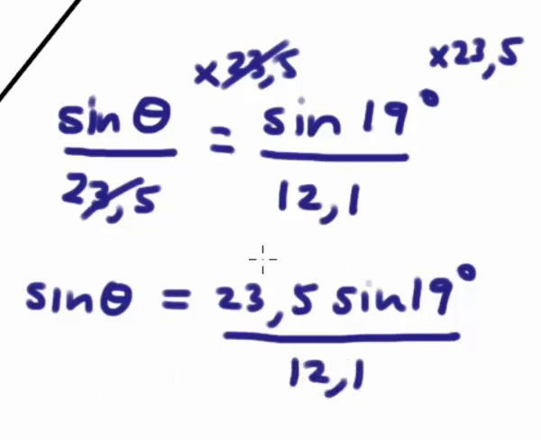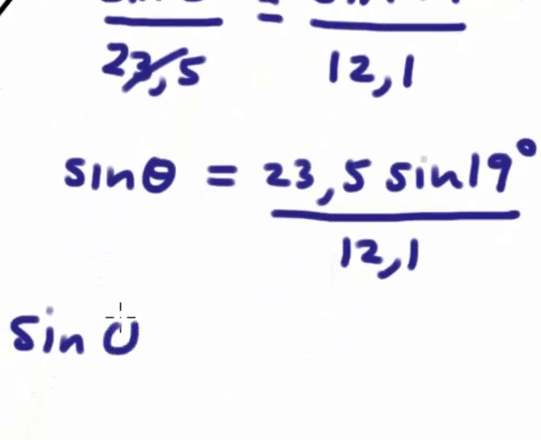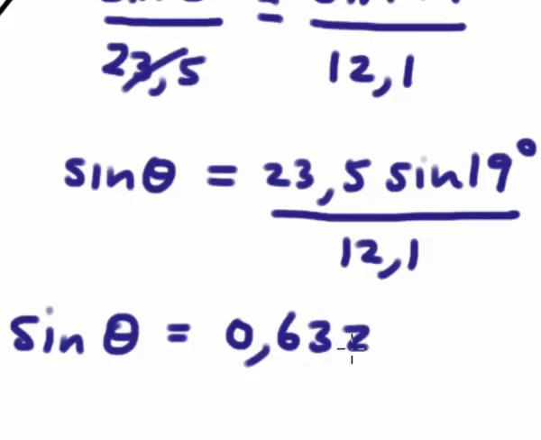Okay, now let's work this out in a calculator. Just take your calculators, let's work that out quickly. What would that be? Okay, I'm going to put this in the calculator. Open the fraction button there. 23,5 sine 19, go underneath the fraction button there, 12,1, and you land up, you should just check me, you've got 0,632 as a decimal,